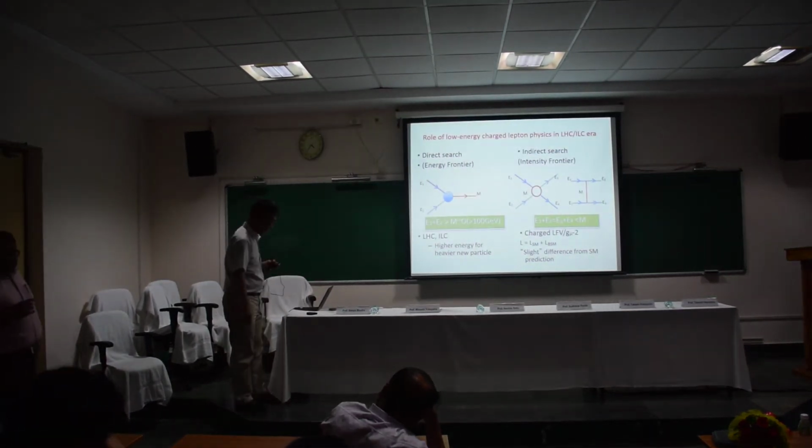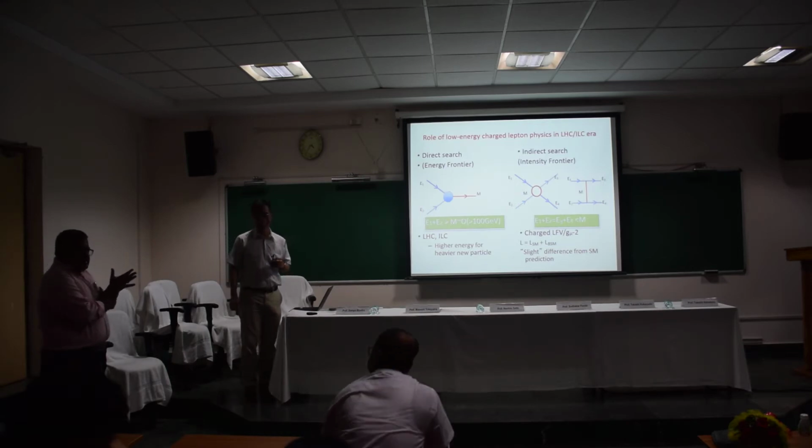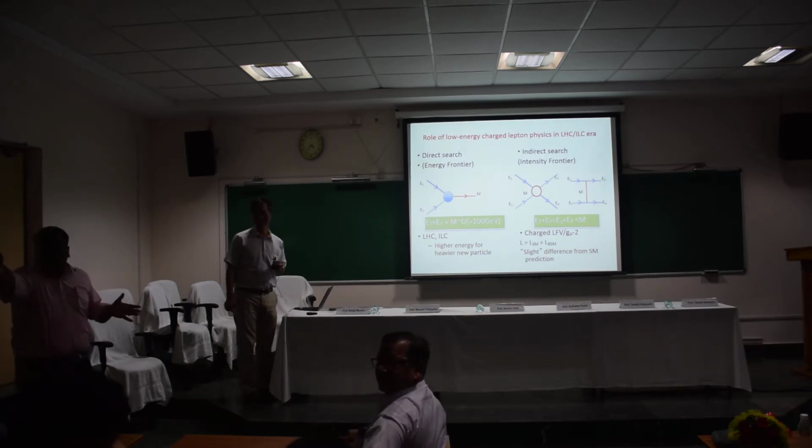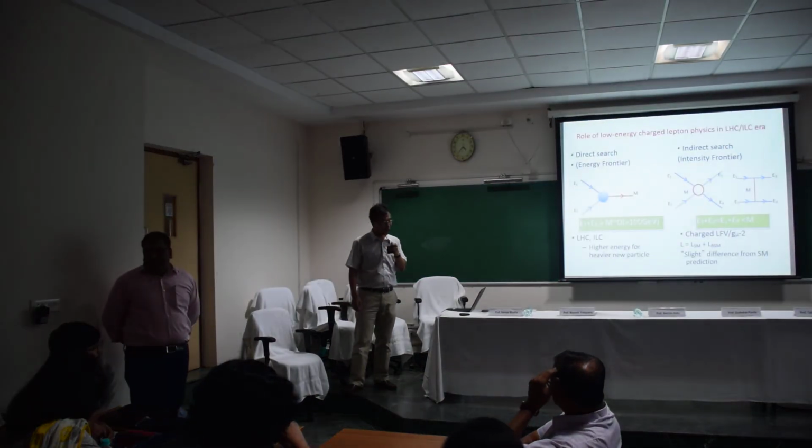Okay, I think we are running short of time. Sorry. One more question? Oh, one. Yes, we should have this question. Yes, please ask. Sir, is there any possibility of neutrino decay? Like it won't be oscillating and would actually be decaying into something which we are not able to detect?